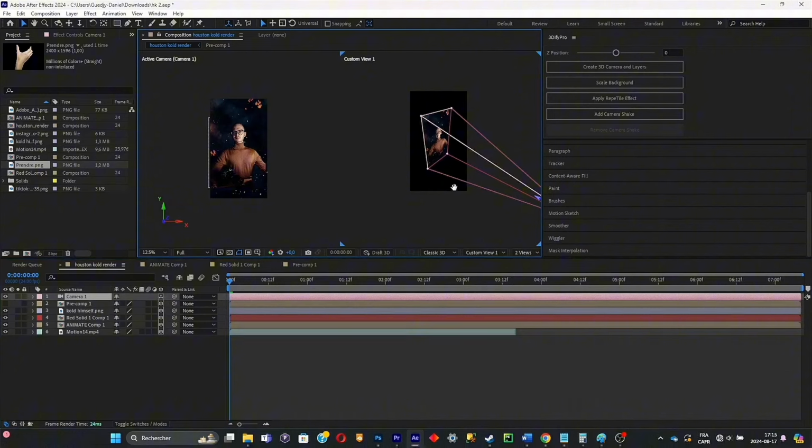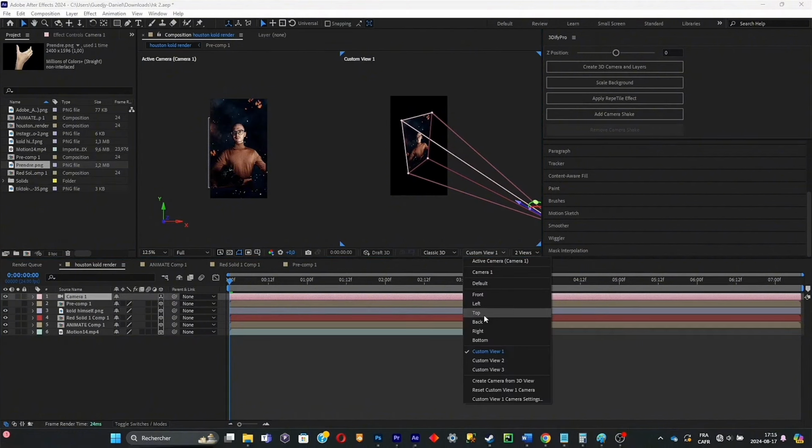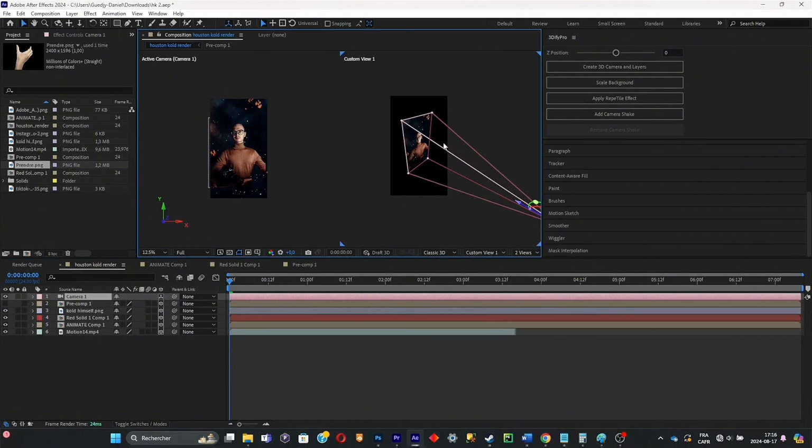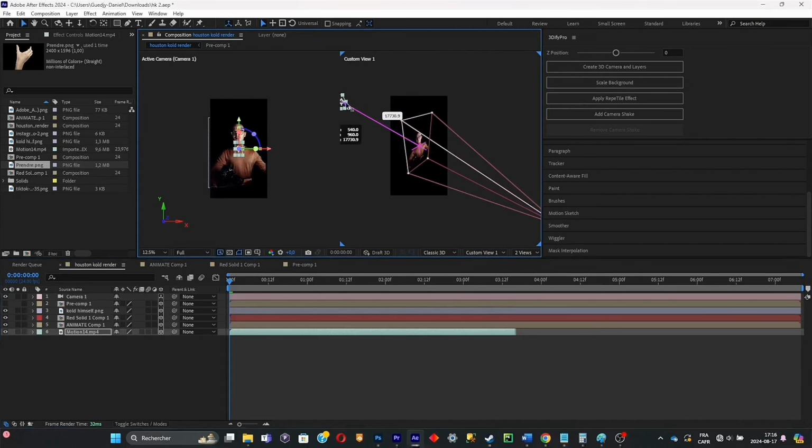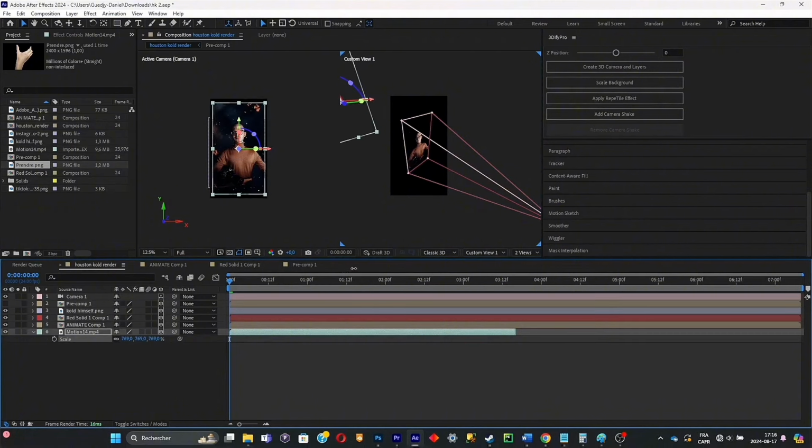If you don't have this view right there, you're simply going to click on top, I believe. Then you're going to click on custom view 1, and it's going to give you something similar to this. Now we're going to select the background and we're going to push it all the way back like this. And you're simply going to click on S, and you're going to have to scale it up so it can